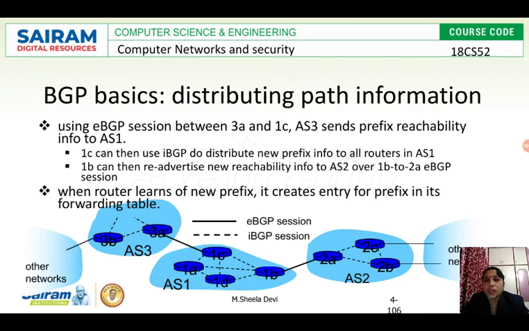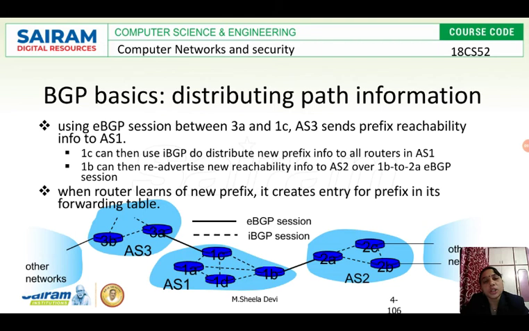Then 1B can re-advertise the new reachability information to AS2. See, 1B is also a gateway router, connected to another autonomous system, Autonomous System 2. So whatever information it got from 1C will be advertised to the next autonomous system, AS2, through 2A using the external BGP session.